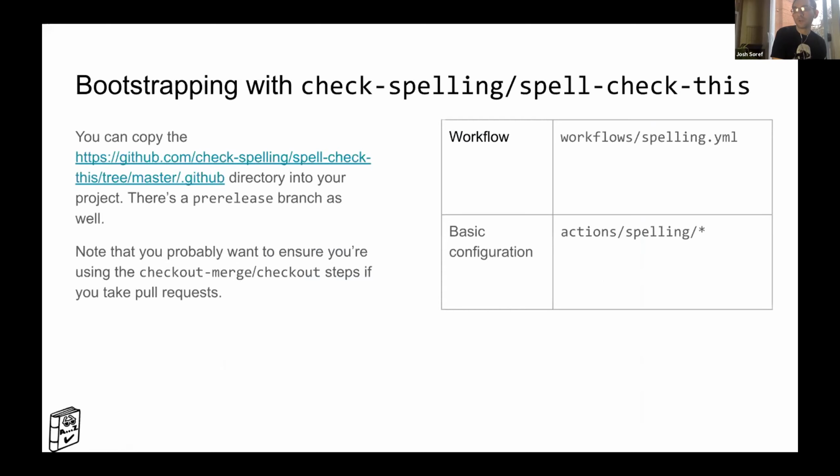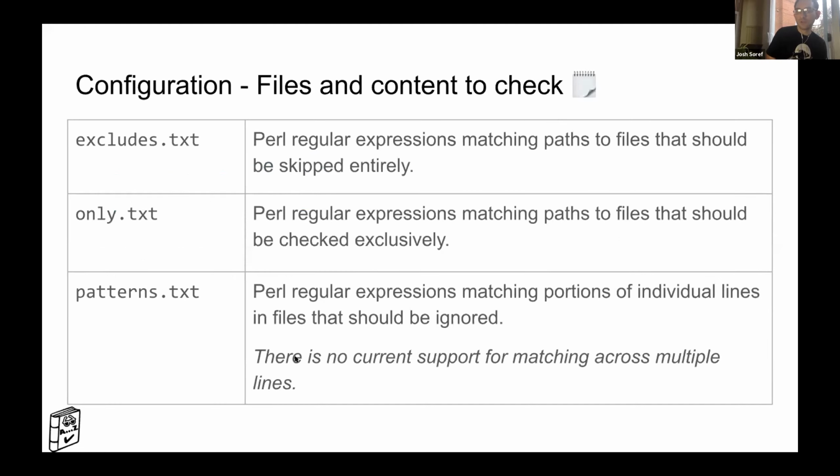So if you're going to use it for your own project, there is a repository which is called Spellcheck this, which just has a pre-canned configuration to make it easy for people, including the ability to deal with the merge. Generally, there's excludes, which I've mentioned, and only. If you have a line which has maybe some test content or some binary content, you can use a pattern to exclude it. Ideally, you're doing this either for something that's just a one-off or for a mask. Maybe every time you call a certain function, it's always garbage data that's just not words that you shouldn't be checking. Patterns will help you with that.